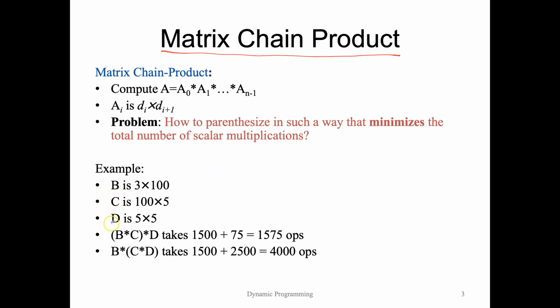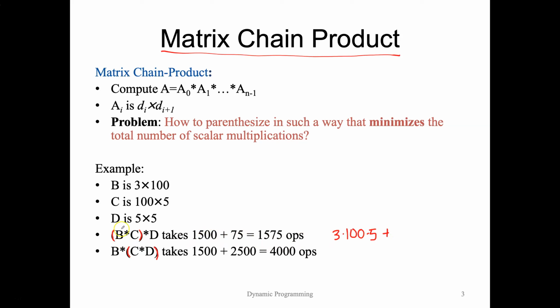So if we have these three matrices, we could just figure out the two different ways in which we could multiply them together, how we could parenthesize them. Either we multiply B times C together first, or we multiply C times D together first, and then count up how many scalar operations it takes in either case. Well, in the first case, we have however much it cost us to multiply B times C. Now, B and C, this will be a product of their dimensions, so this is 3 times 100 times 5. This is how we get 1500,